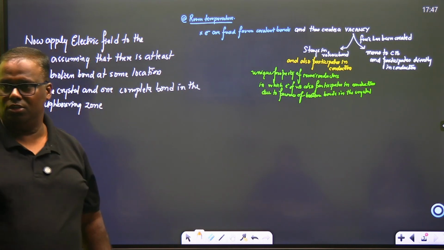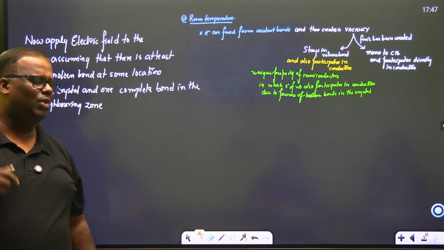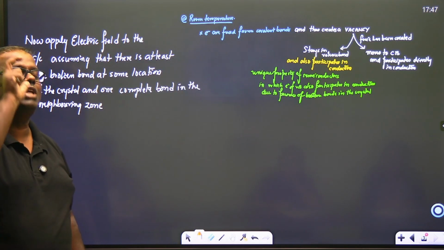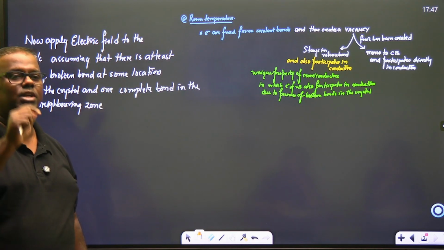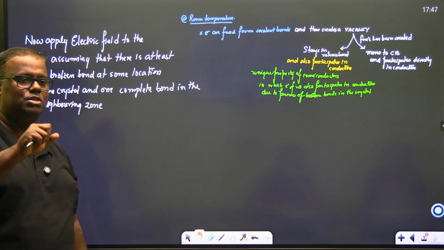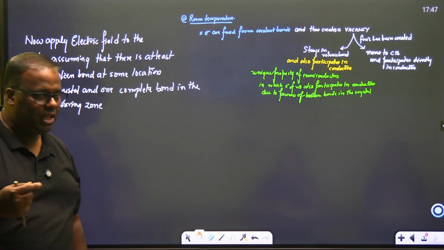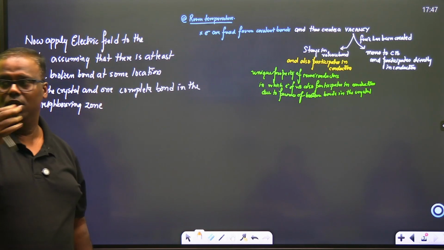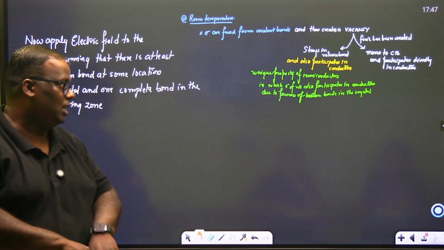Sure, Arjun. Okay, so let's go back. We had a semiconductor in the previous slide and it was at absolute zero. At absolute zero, the semiconductor behaves as an insulator. Why does it behave as an insulator? Because all the valence electrons are bonded with the electrons of their neighbors, all covalent bonds. Then what did you do? You brought it to room temperature, meaning you gave temperature more than absolute zero. If you give temperature more than absolute zero, an electron gets freed. And if the electron has got freed, it creates a vacancy. That's what we wrote here.